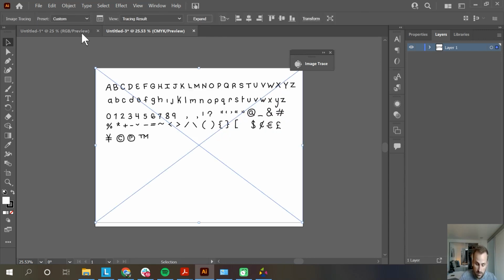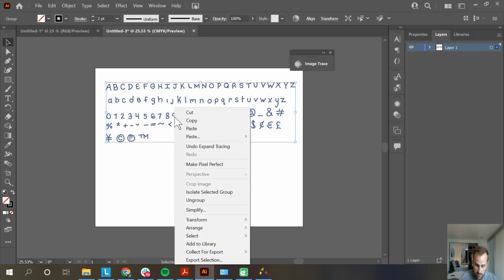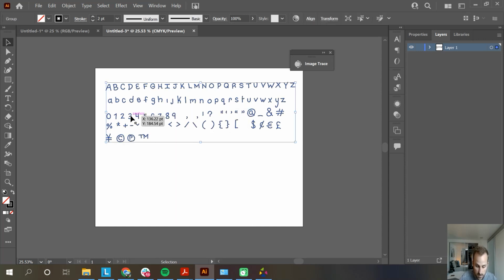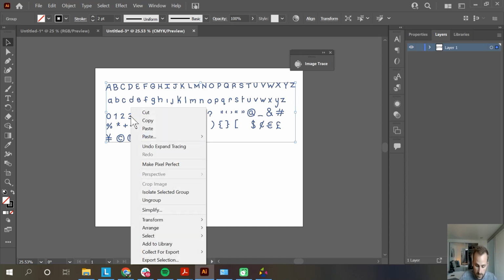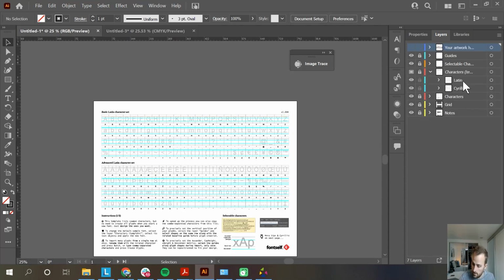Okay, so now we're just going to hit the Expand button. And finally, right-click, and then we'll select Ungroup. As you can see here, everything is concluded into one object, basically, because all these characters are grouped together. But we hit Ungroup, and then now we can select the individual characters here. So we'll just copy this, bring it back over into our template,